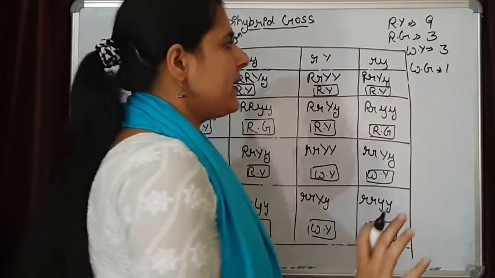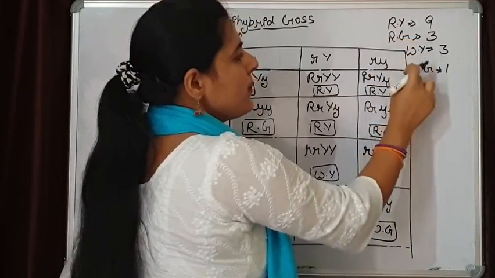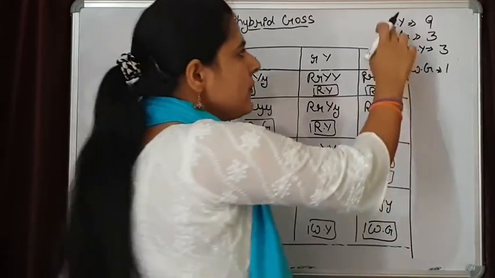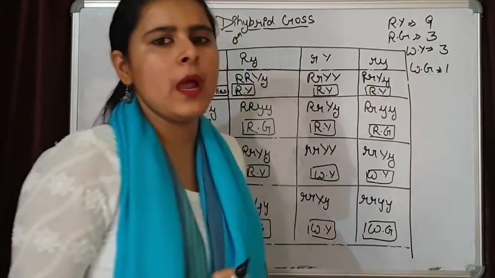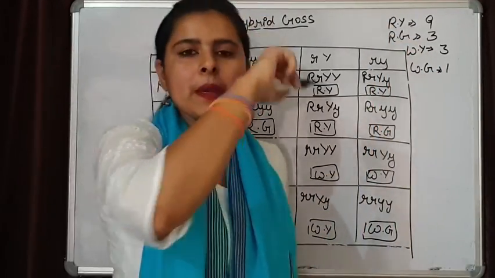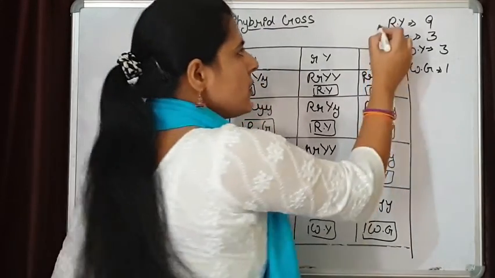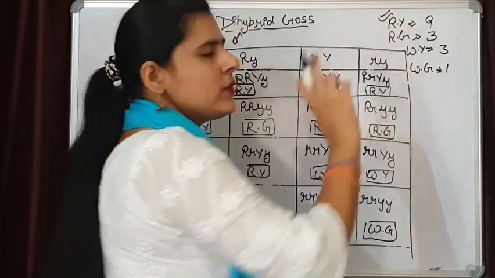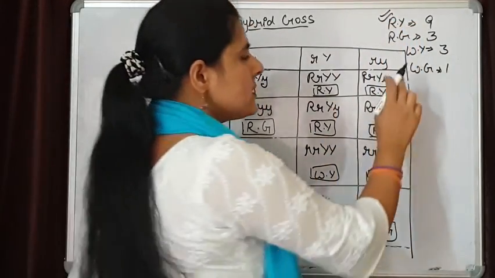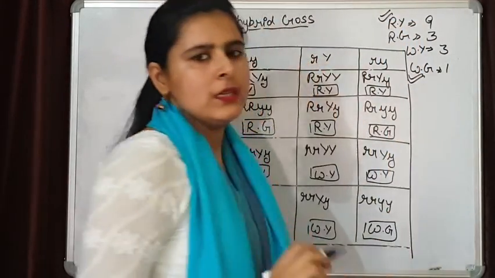And this dihybrid ratio is of 4 types of plants. Phenotypically, we are getting 4 different types of plants. And if you remember, initially we started with only 2 types of plants. That was round and yellow. One of the parents was round and yellow and the second parent was wrinkled and green.